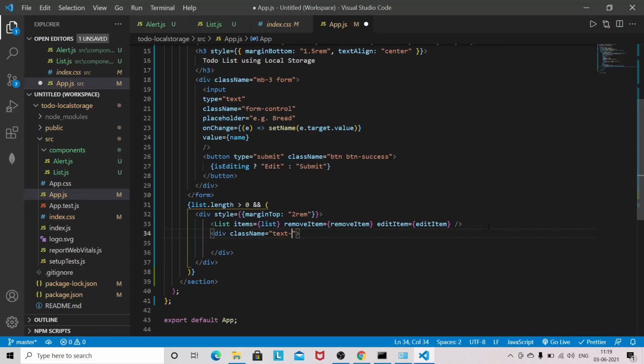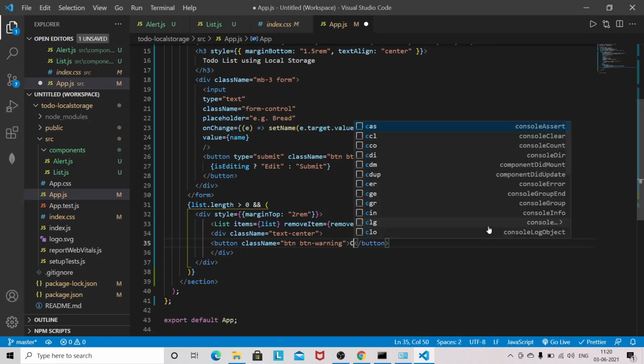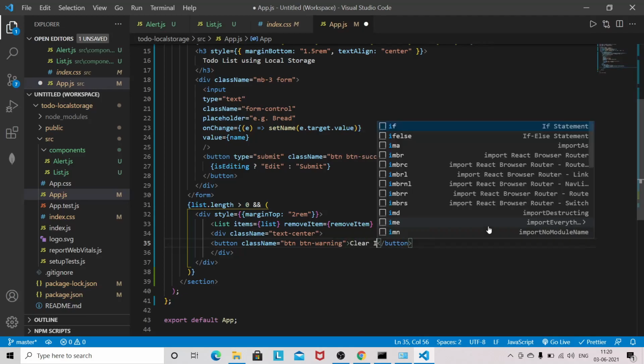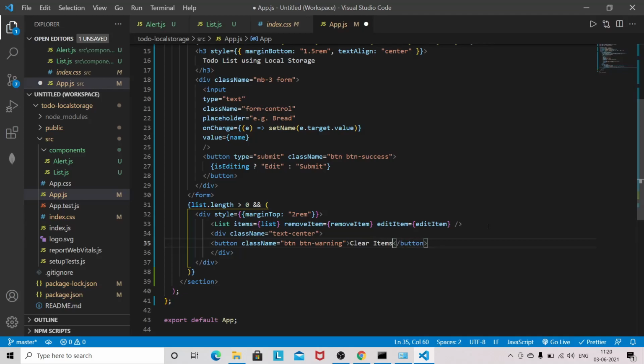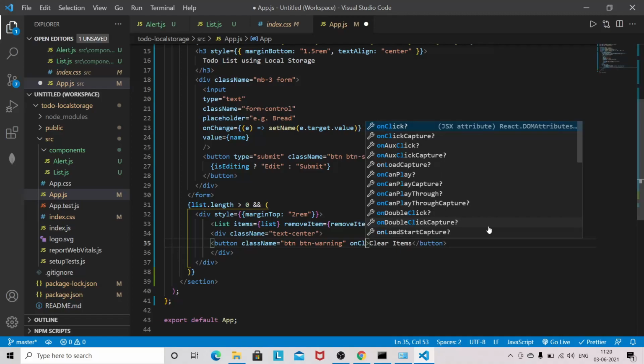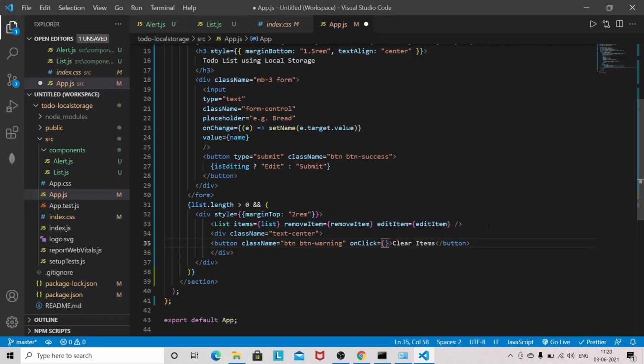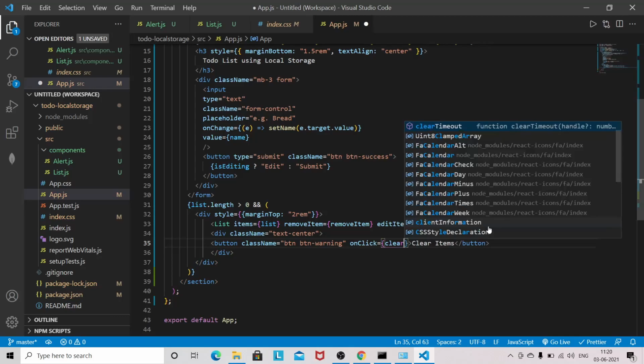This is the bootstrap class name, so I'm giving text-center, button. I will give the bootstrap class name btn btn-warning, and the name will be Clear Items, if you want to remove all the items at once. It will have an onClick handler, clearList.